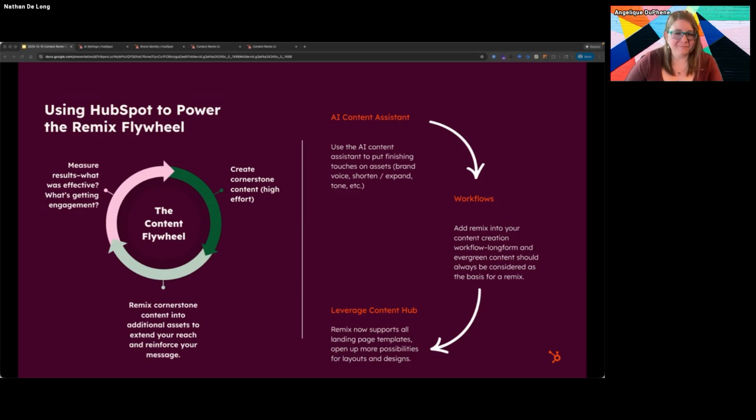And then one other thing to note, when Content Remix first came out, I was super cranky because it would only work with specific landing page templates. They had to be sort of recoded in a specific way. They had to understand something called scaffolding, which is basically, hey, text goes here, image goes here. And it was just this big cluster jam.